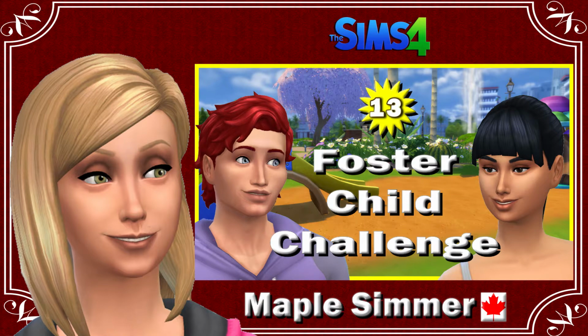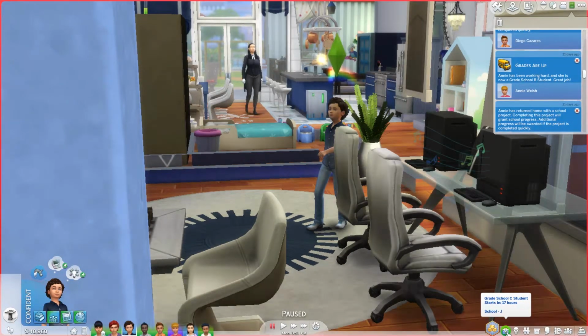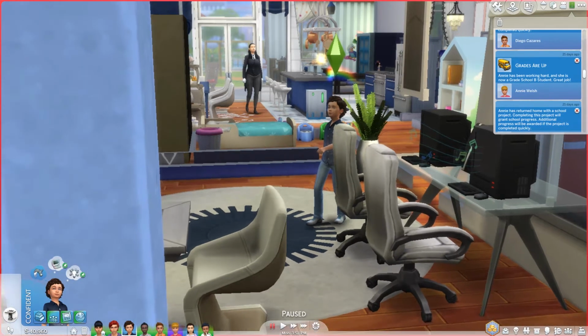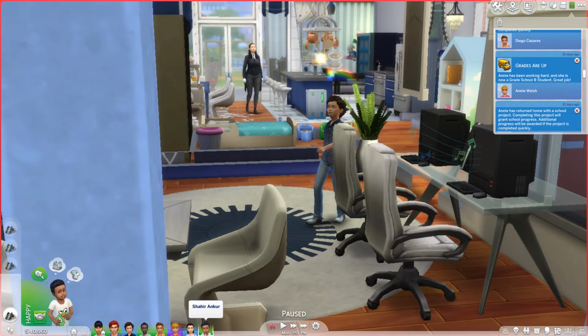In this part, we're just concentrating on the kids and our newest arrival. We have a new toddler in the house. I mentioned I wanted to figure out something about what I was going to do with this family because I didn't want to take a chance of Nicholas being abducted, because I've had that happen in 2 other saves, and come back pregnant. I'd rather, if they were going to have a child, it'd be their joint child. But I decided to add another toddler to the household, and his name is Shahir Ankur, and hopefully